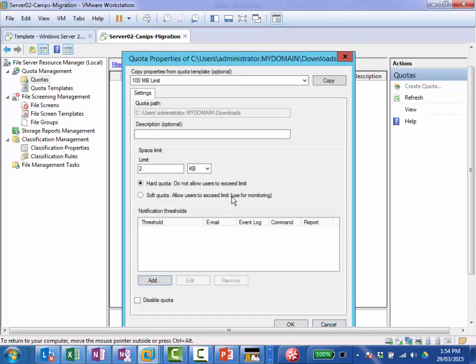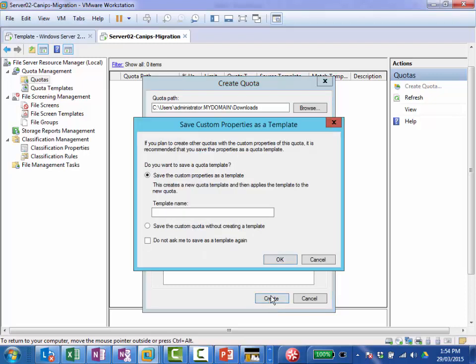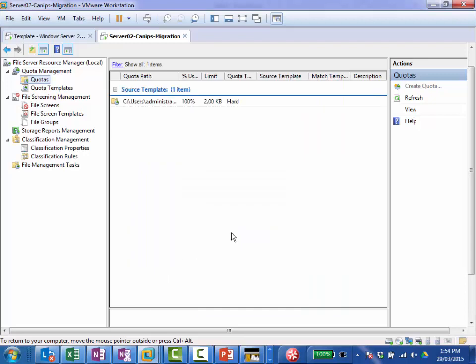So I'll just cancel out from here. But if I put 2 KB here, and properties of this, press OK. So on the downloads, there's a 2 KB limit. More than that, it should not allow me to copy. So create, save the custom properties as a template, or save the custom without creating a template. So don't create a template, just create one policy. So it's created here. If I refresh that